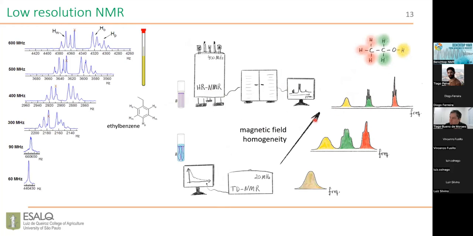However, when you decrease the homogeneity of the magnetic field, the peaks become wider and the resolution is lost, until the situation here where all hydrogen nuclei are contributing to just one broad peak, as in the case of very low field NMR. However, in this situation, you still can obtain interesting information about your sample. Mainly, you use relaxometry methods to analyze the relaxation times of the sample and obtain information about the macroscopic